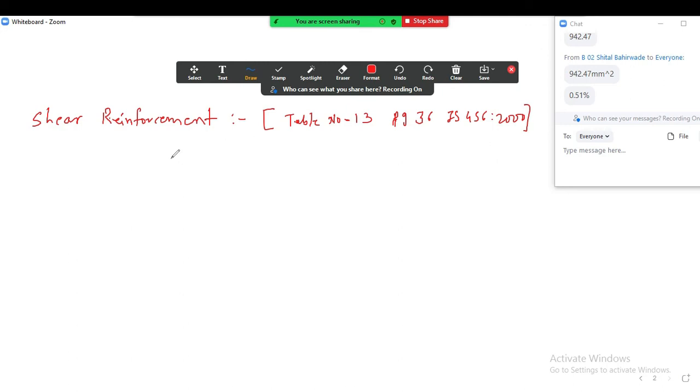So according to that table, the maximum shear force Vu, the notation for shear force, can be calculated as 0.6, which is the coefficient for dead load, as well as 0.6, the coefficient for live load. So Vu is equal to 0.6 dead load into effective span plus 0.6 live load into effective span. Write down this formula. Now I will show you where it is given.